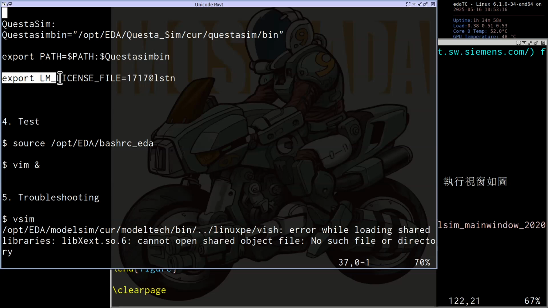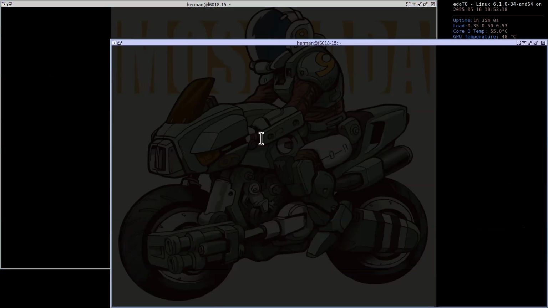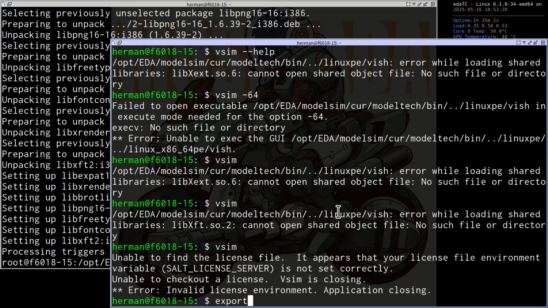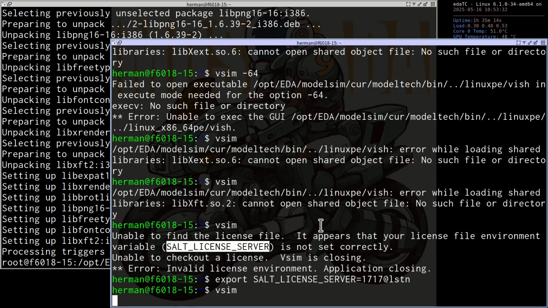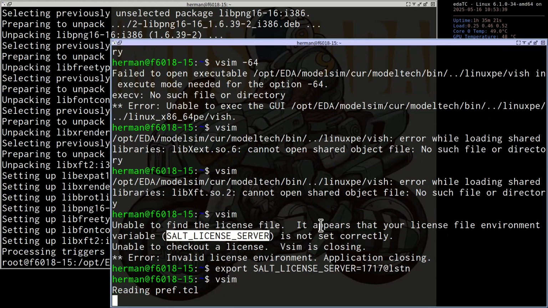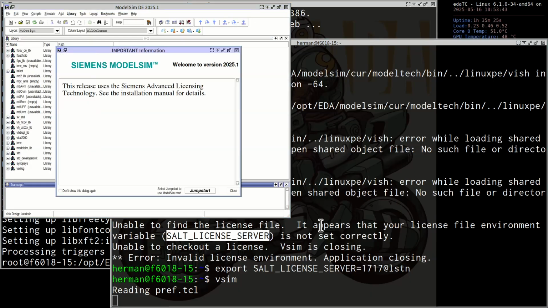So we need to export this one equal to 1717 at LSTN. Then we type vsim again. Okay, so ModelSim is able to run, right? This is ModelSim. Later I will show you how to run QuestaSim.